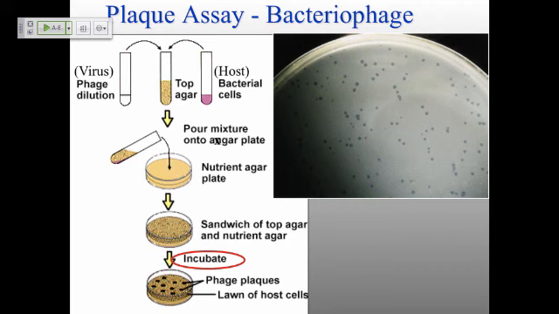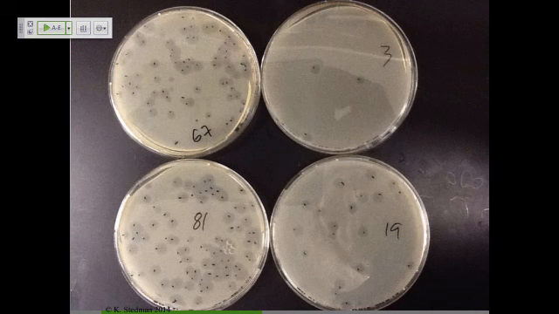Here's an example of some plaques which I did in the lab. This is from a virus called Phi X 174 that the people in the recombinant lab are going to be working with this afternoon. This is pretty typical in terms of the number of plaques that you get: 67 plaques up there, 81 down here. You'll notice that these often kind of run together, and doing accurate counting is problematic, particularly when you've got larger numbers like this and larger plaques that form. So it's really important that you do multiple plates, so you can average across these, because you'll have lots of different counting errors.